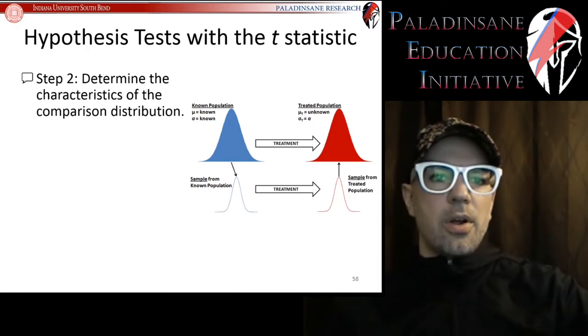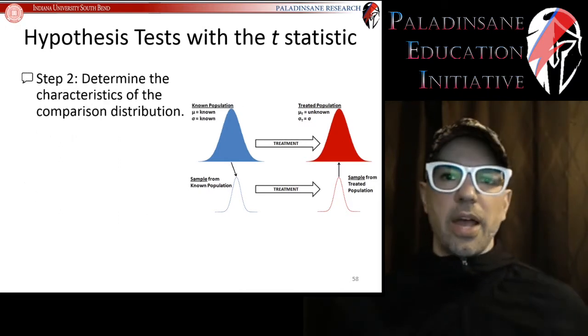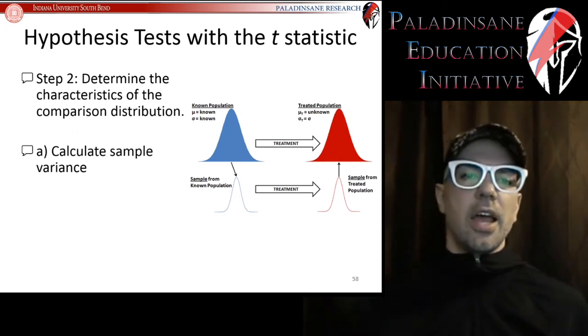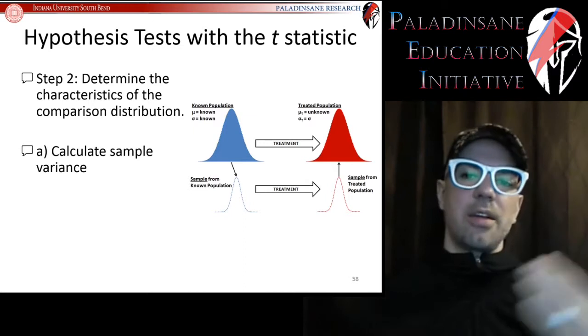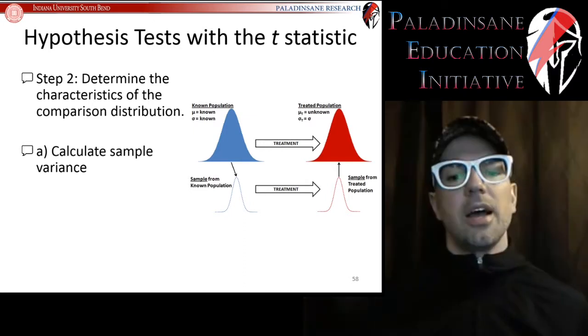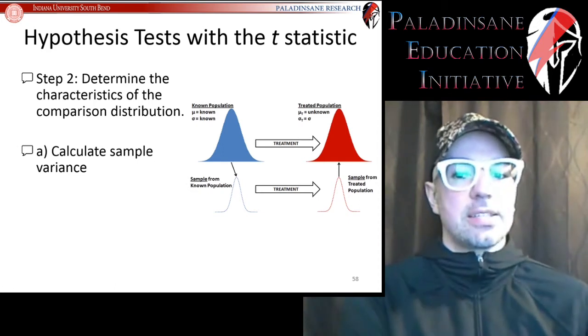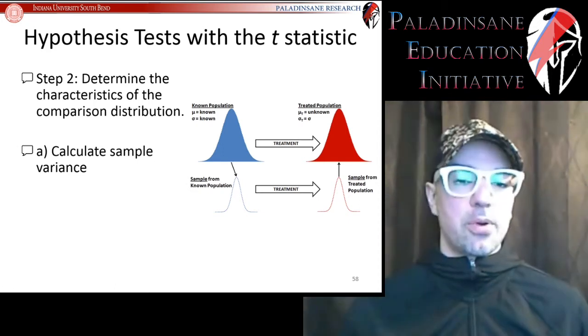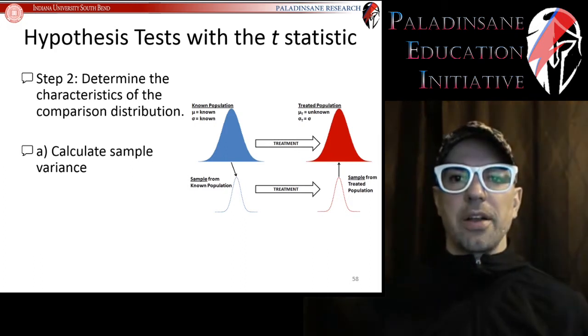So we have our mean for our comparison distribution. We need our spread for our comparison distribution. And for this, we are going to rewind it all the way back just so that you can see kind of what this is built up out of, and maybe so you can also appreciate, when we hand this all over to SPSS, just how wonderful this program actually is. So if we want to calculate our sample variance,